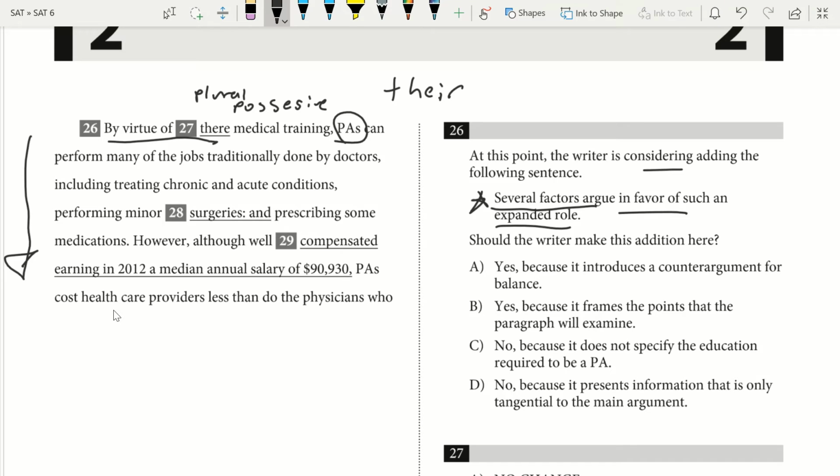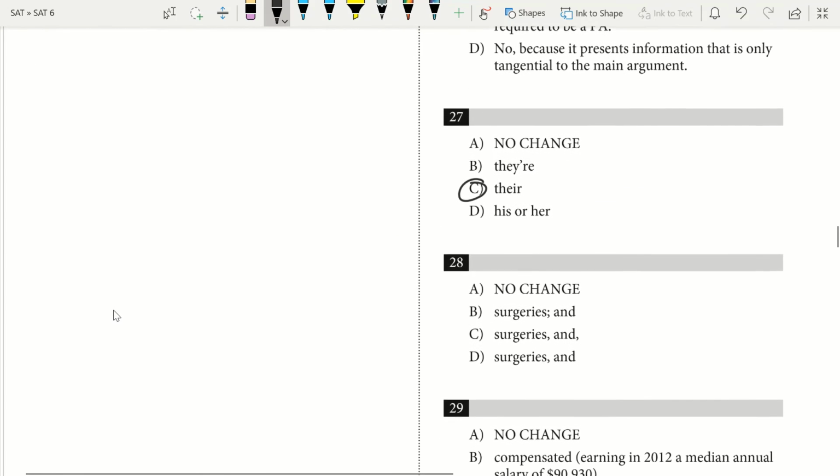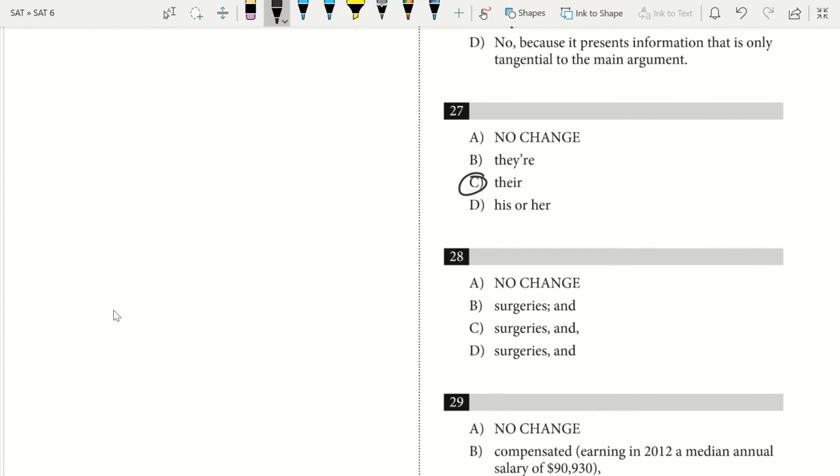PAs perform many of the jobs traditionally done by doctors, including treating chronic and acute conditions, performing minor surgeries, this needs to be a comma, right? And prescribing some medications. That's a comma because we're doing a list, right? We have treating chronic and acute conditions, performing minor surgeries, comma, and prescribing some medications. It's a list of things, we need a comma there. So a comma after surgeries, but before and. So our answer there is going to be